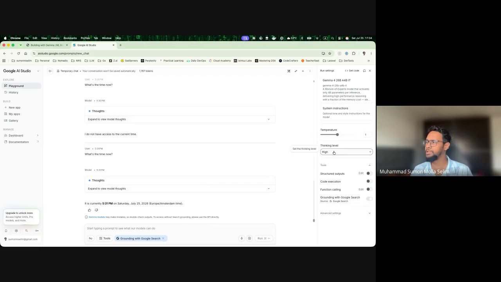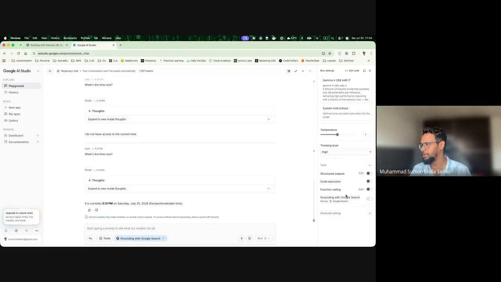When the thinking level is higher, the model will take time. It will think about the questions a little bit. It will actually take more time to think about what response to provide, and it's a little bit slower. But if you want a faster response, you can use minimal. So if your application is simple, there's nothing complex, it's pretty straightforward, then you can use thinking